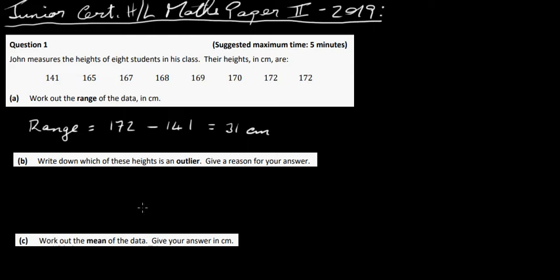So, the second one: write down which of these heights is an outlier, and give a reason for your answer. The outlier here is this 141, because look, you've got 165, 167, 168, 169, 170, 172. These are all reasonably close, and then you've got 141, which is a lot lower than the others. So the outlier is 141 centimeters, since